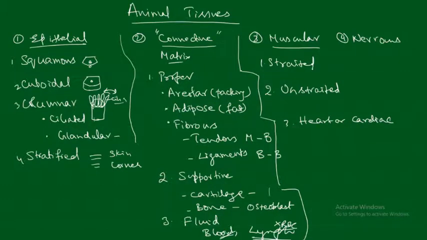Striated muscles are voluntary, that is, they are under our control, and they are made up of long fibers of cells that have nuclei. They appear striated, that is, there are dark and light regions continuously, so this kind of banding pattern is formed. That is why it is called striated, and these muscles move only when we want them to. They are under our will, and almost 50% of our body comes under this category.